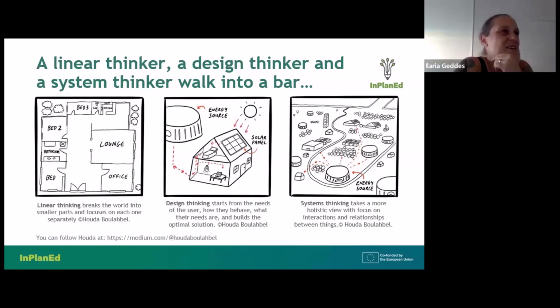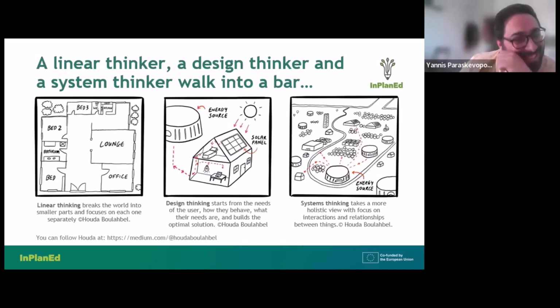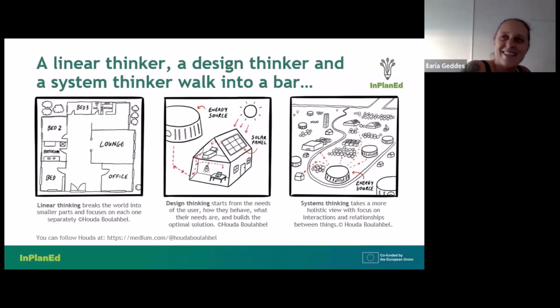Okay, you care about them. I personally would be a bit worried that the system thinker will design a house that really has nothing to do with what I want. Okay, yeah. Or he might put the plugs behind my bed and the switches behind the door, and things that happen normally nowadays anyway. So I don't know what's the best solution.